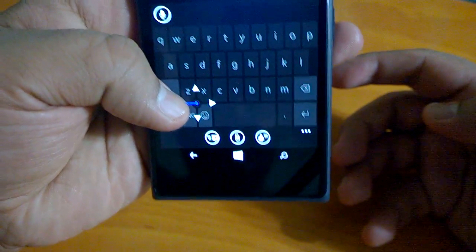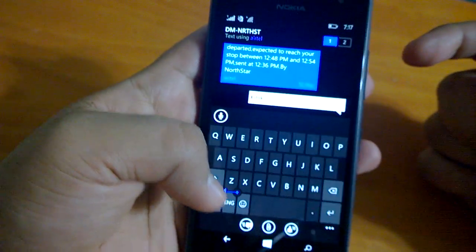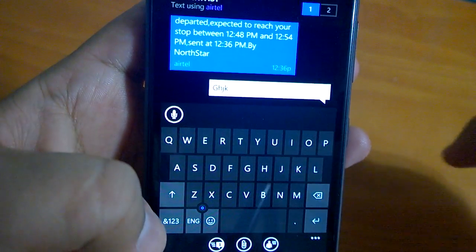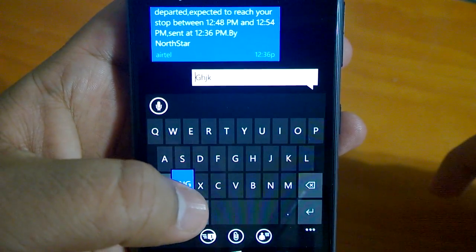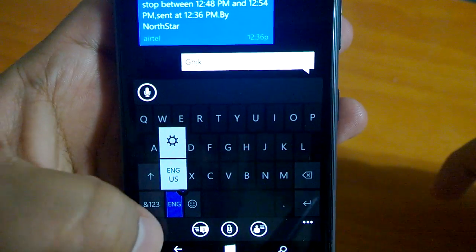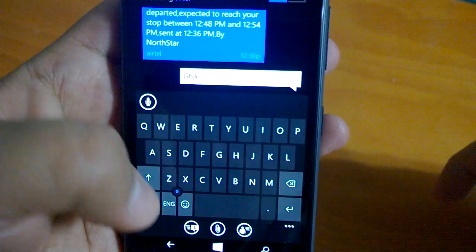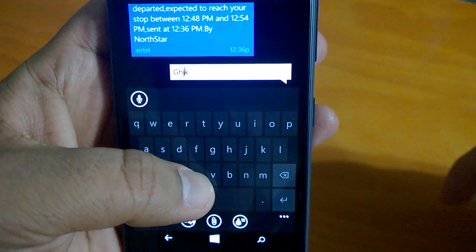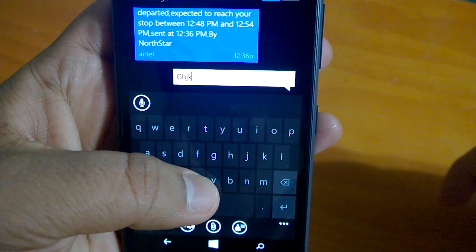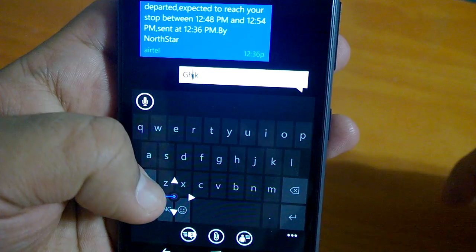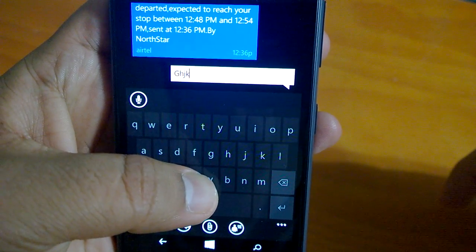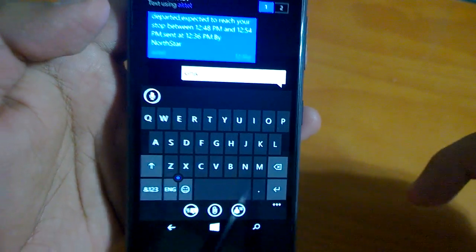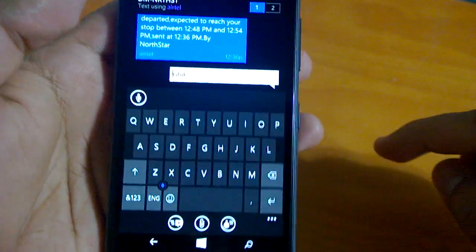Okay, so I think I was not showing it correctly. So now if you can see it, if I have to go from here to here, you just put your finger on the dot. Sorry, it goes wrong. Okay. So you put it on this point, and when this arrow appears, you can just scroll left or right by moving your finger on this arrow. This looks like a good feature. So this is the major change that I have been able to find out in the keyboard.